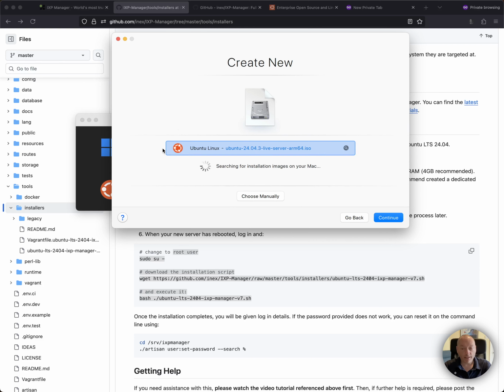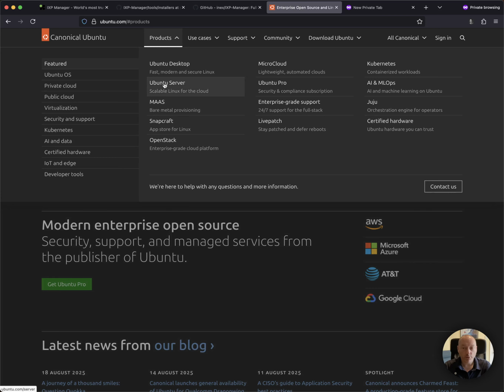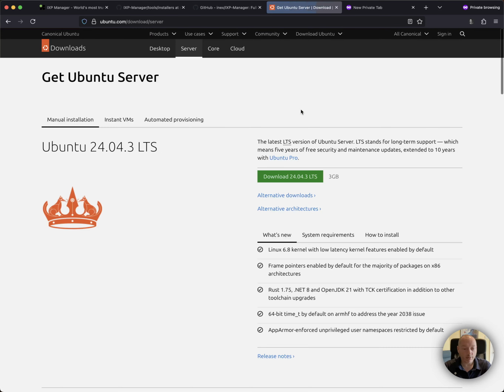Now, Parallels already found this ISO file in my downloads folder. You can see it's in my downloads folder there in the pop-up. I got that from Ubuntu's website, ubuntu.com. I went to products and Ubuntu Server, and I went to download Ubuntu Server. Now you can download the